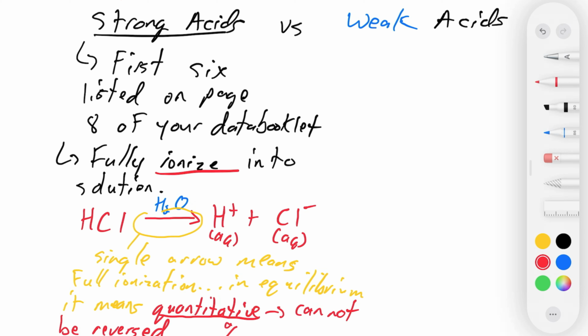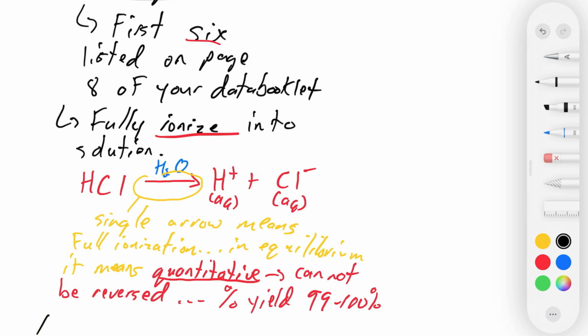And so that means that the percent yield of all the ionization reactions of the strong acids is going to be between 99 and 100%. And what we're also going to write here is, put a starred note, because they ionize 100% or close to 100%,